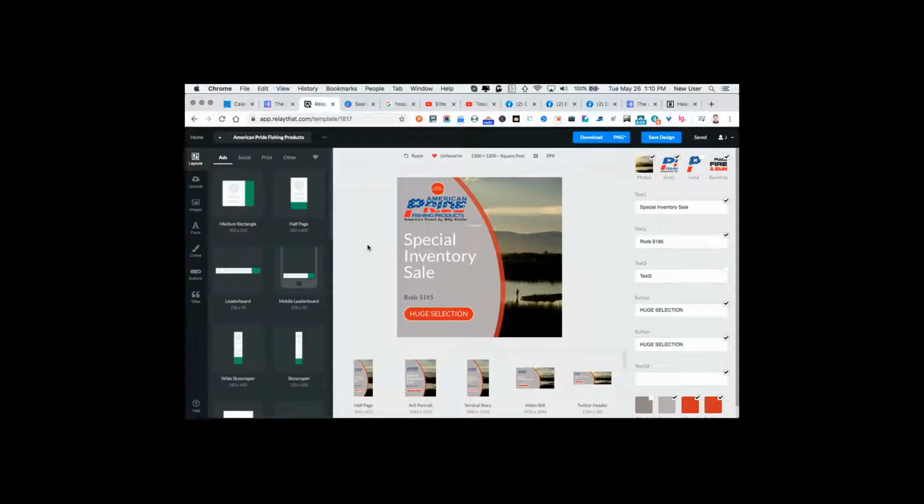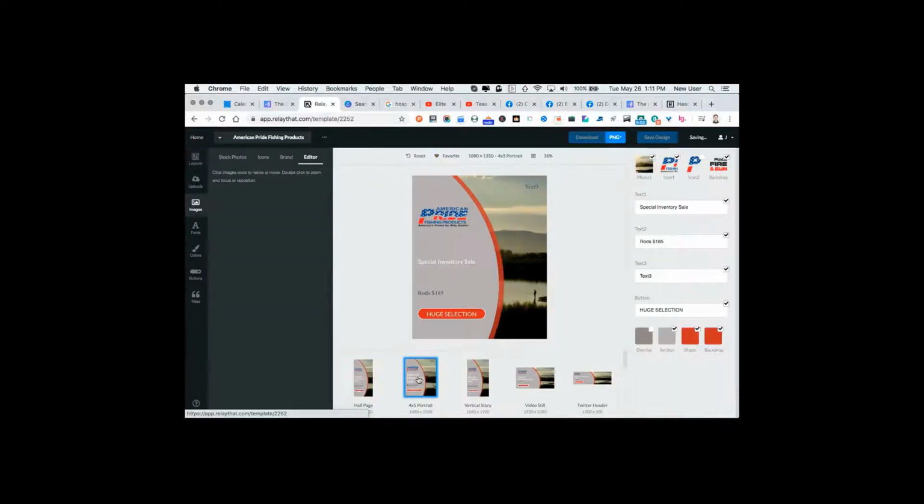In order to develop a standard set of social media graphics, it's important to use something that will allow you to size and resize the assets for a variety of programs. And so here you can see I'm building some images for a fishing company, and then I'm able to translate the same image into different